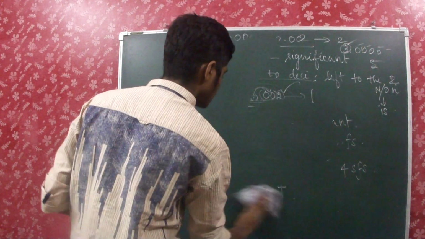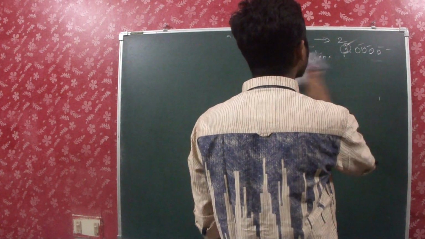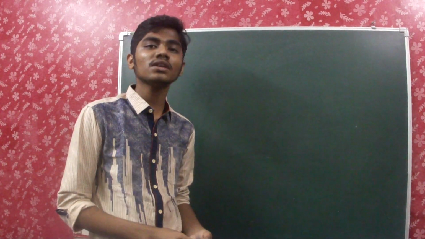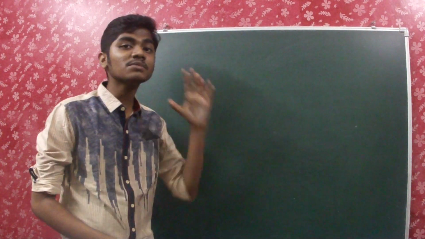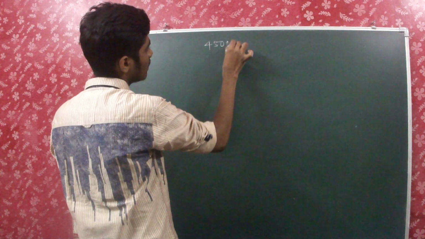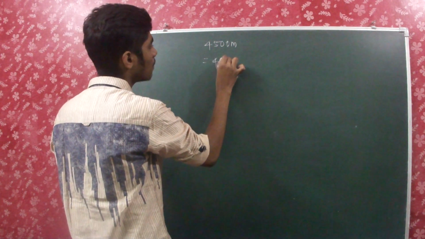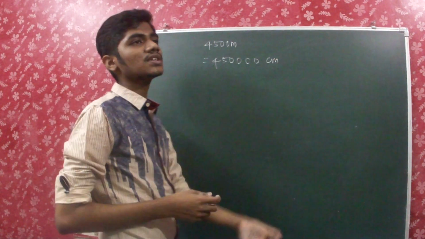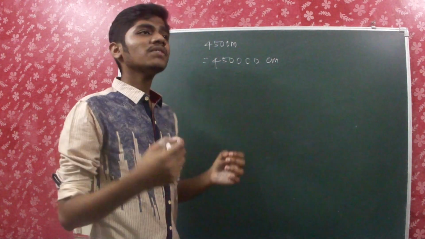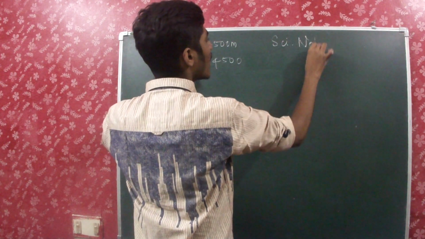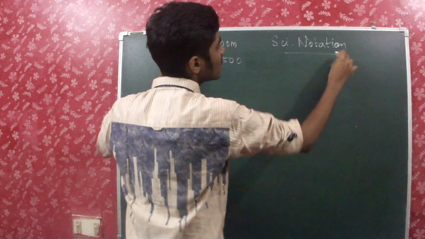These are the basic rules which we must remember. Don't forget about trailing zeros. I have not written about it here, but trailing zeros are also among the very important rules of significant figures. And then, how can we avoid these kinds of confusions? Like I told you, if it is 4,500 meter, and if I change it into centimeter, I make it 4,50,000 centimeters. So there is a confusion, though we say that units don't determine it. We can put it in a very easy form, making it into a scientific notation to avoid the ambiguity which occurs in the calculation of significant figures.